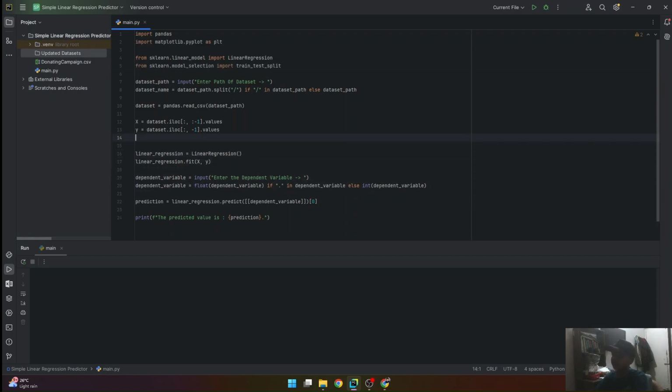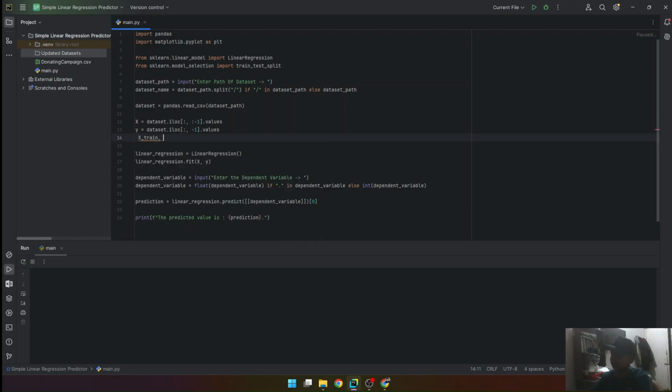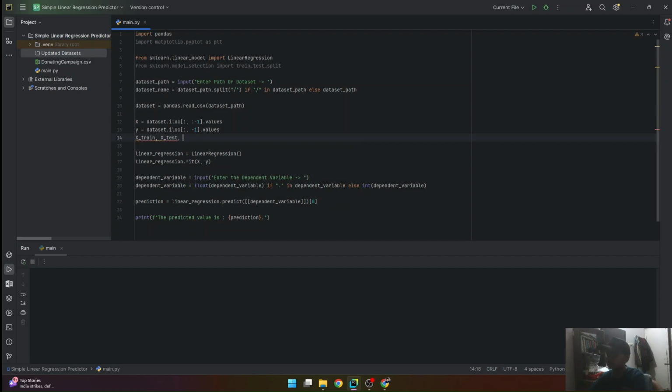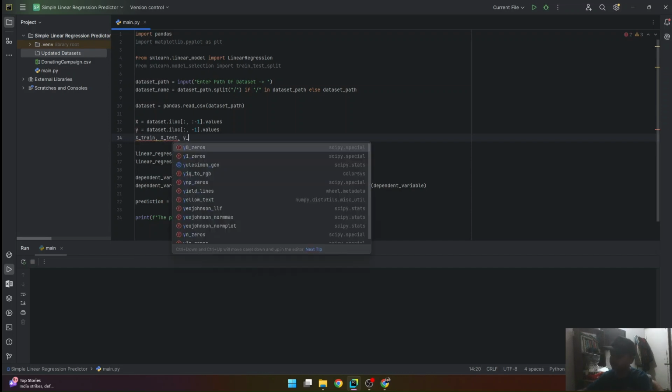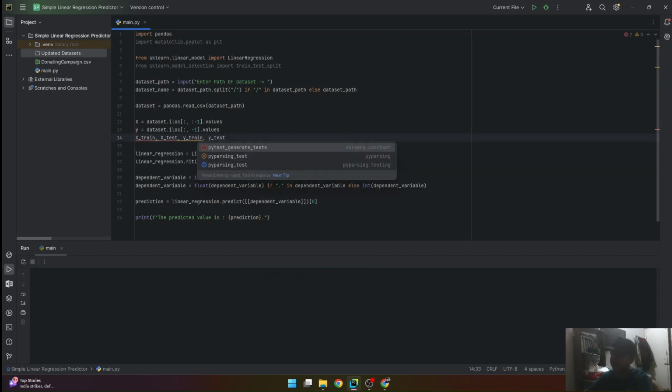Here we're going to say X_train, X_test, y_train, y_test is equal to train_test_split.